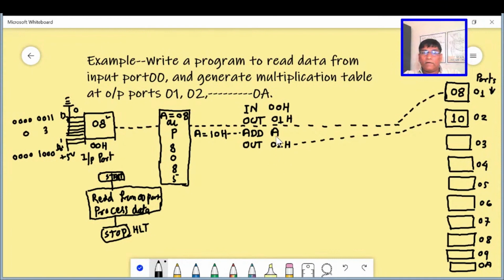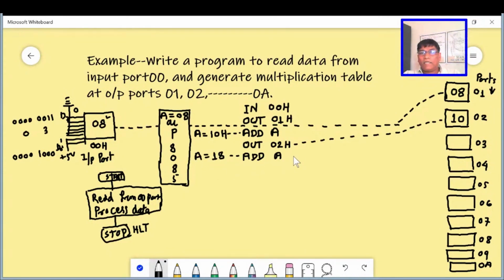As we have added this 8 using the ADD A instruction, the accumulator content is 16 decimal equivalent, hexadecimal 10. Now if we again write ADD A, that means 8 is added again to this content. After this instruction, the accumulator content will be 18.